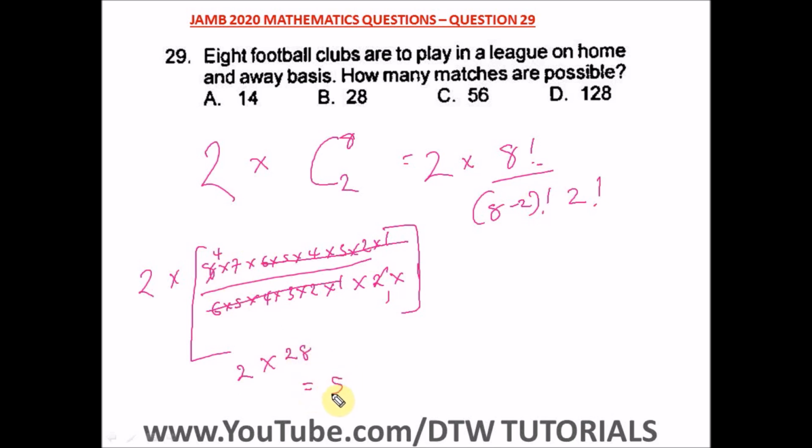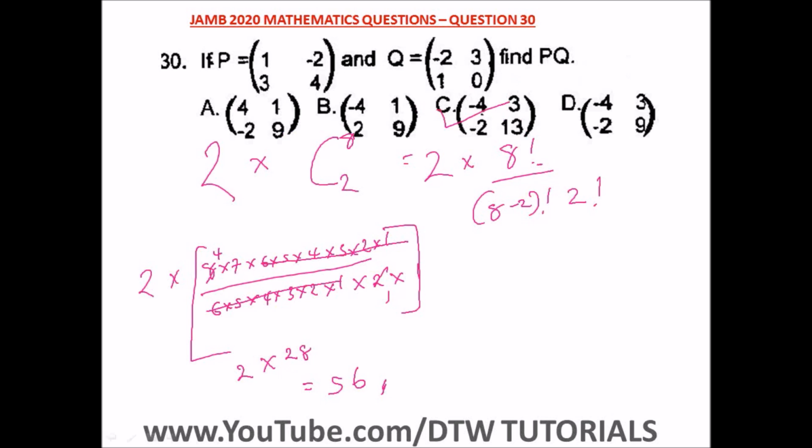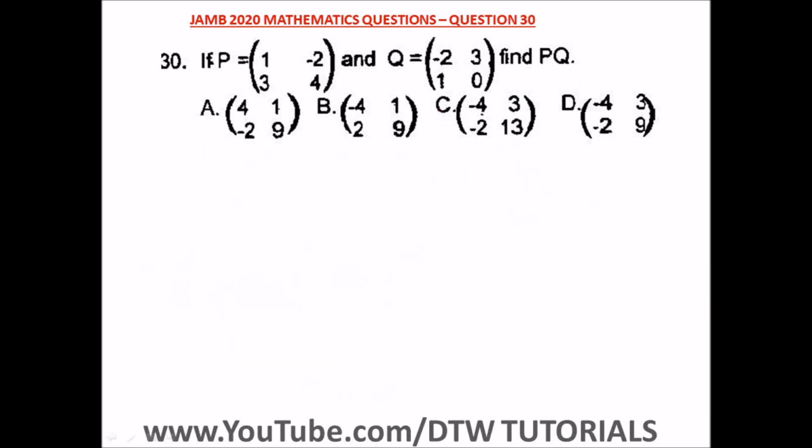This is 56. These are 56 matches possibly that 8 clubs are to play in a league on home and away basis. Our answer is C. So let us go to the next question. Question number 30. Wow. Question number 30 brings up a question on